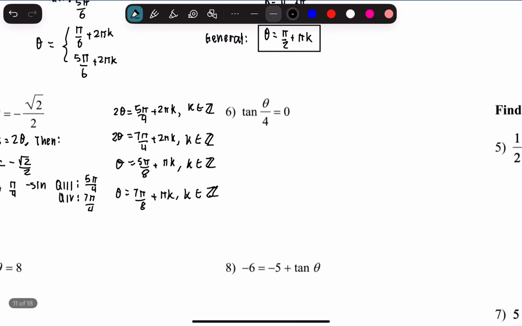Now for 6, you have this, so tangent of y is 0 when y is equal to k pi. So we have theta over 4 is equal